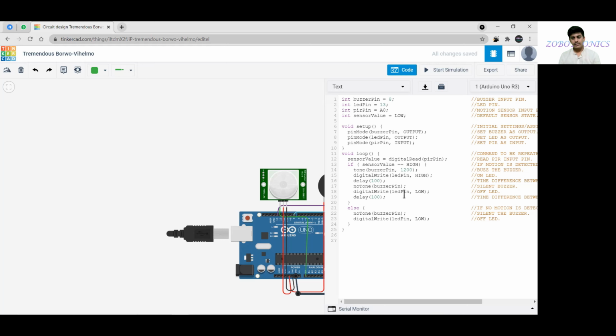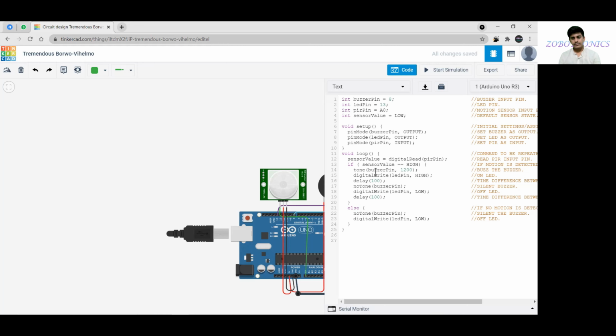And then if the LED pin is low, the delay will be 100 milliseconds. Else no tone on the buzzer pin and digital write LED pin low, hence the buzzer and LED will not be turned on.